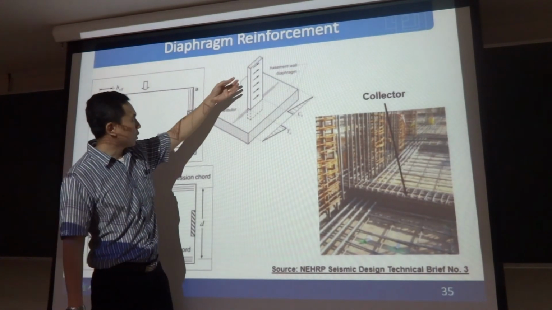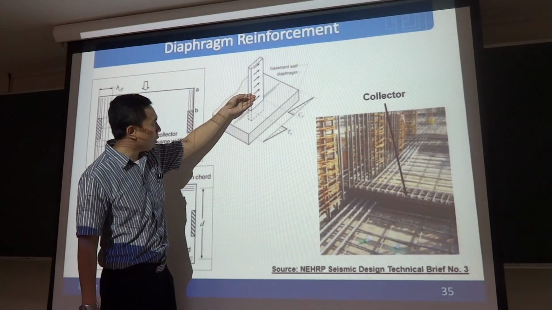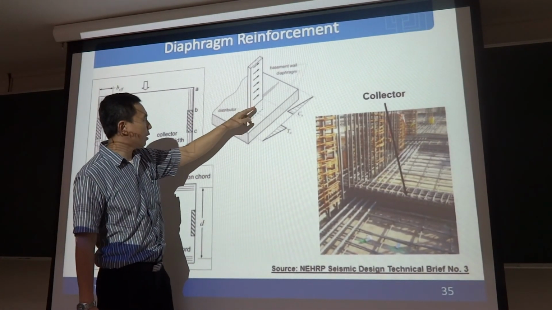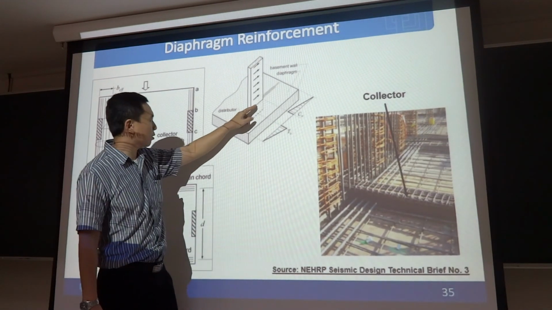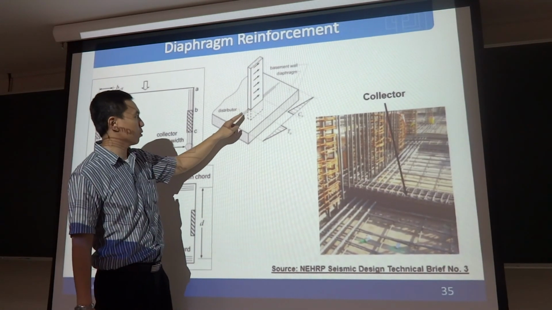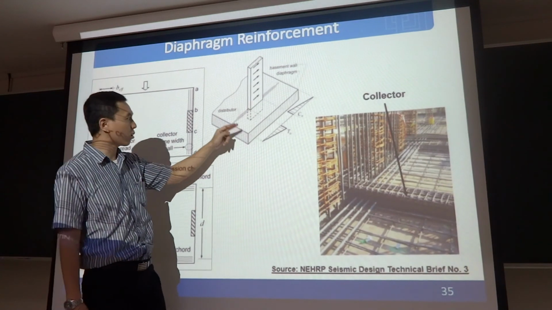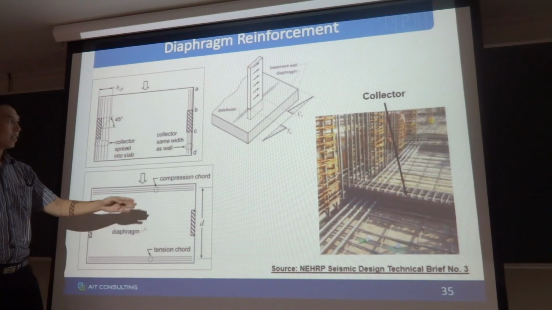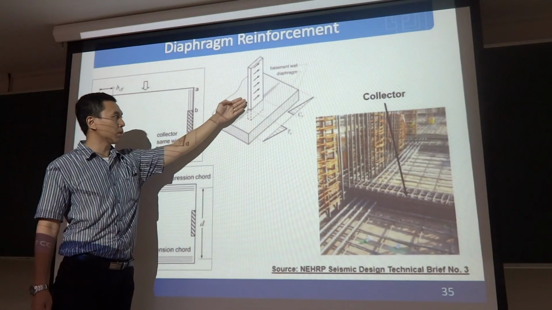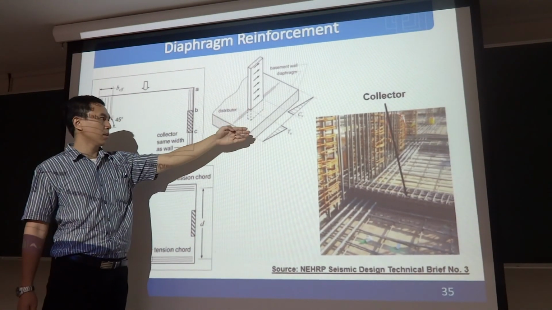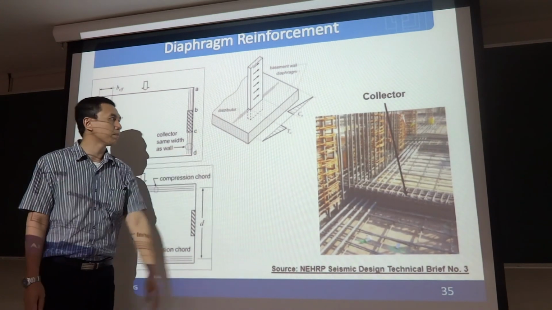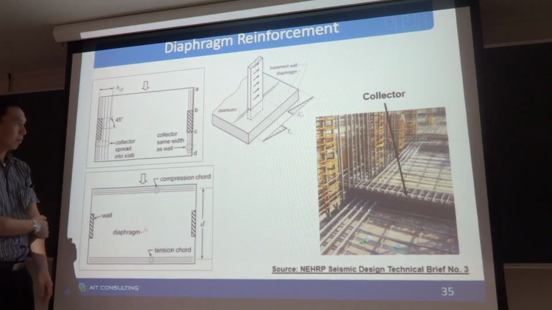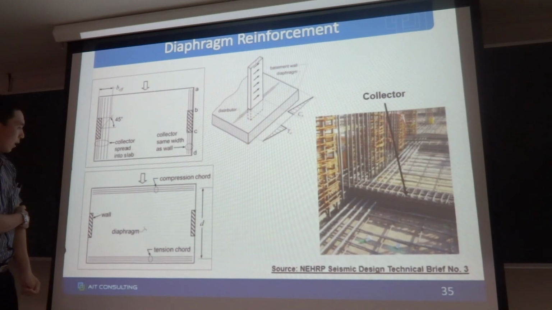So the shear force accumulated in the wall will transfer to these bars. These bars will distribute the force to the retaining wall. So we call it a distributor. Because it distributes the shear force from the wall to the foundation element, we call it a distributor. Another thing is,